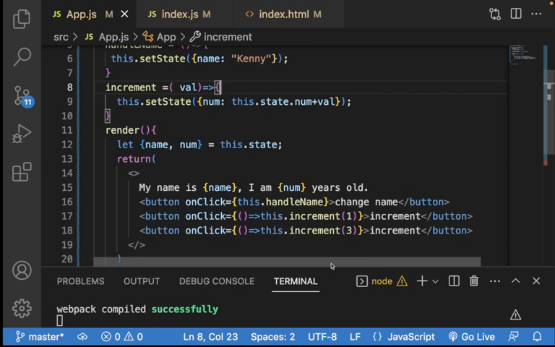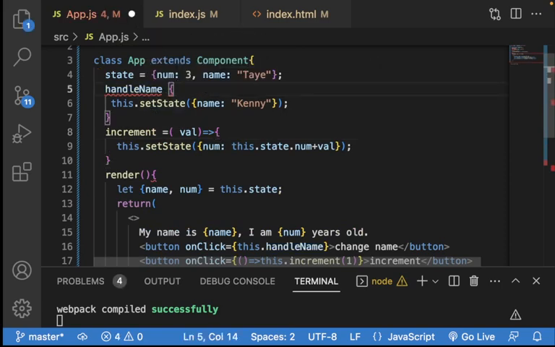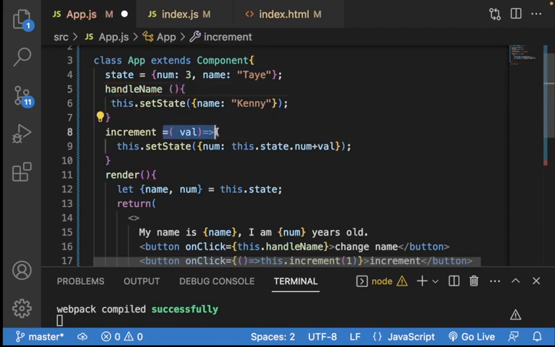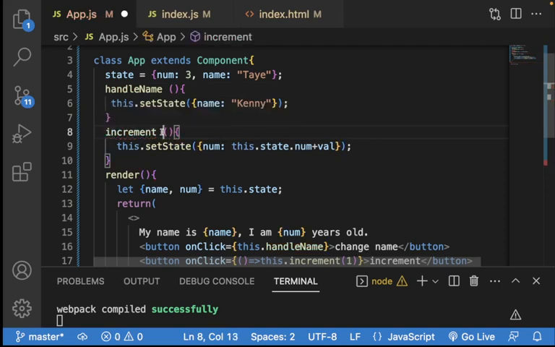Okay. Let's look at what if we change this function to an ES5 function. Let's see what happens. The problem we have is because of this word this. In fact, if you do every other thing, it will work. But since we are making use of this word this